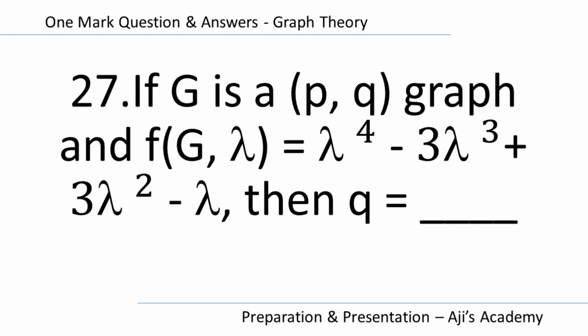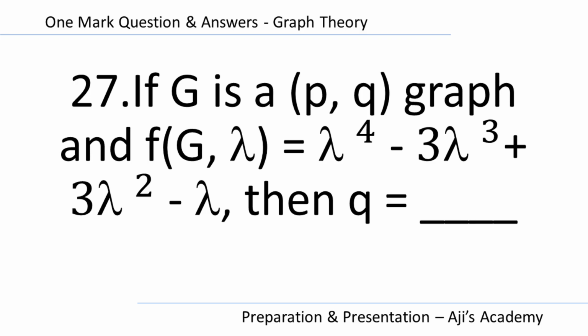Question number 27. If G is a (p, q) graph and f(G, lambda) equals lambda power 4 minus 3 lambda cube plus 3 lambda square minus lambda, then q equals dash. In this question, they are given one chromatic polynomial. So, the degree of a chromatic polynomial is the number of vertices of the given graph, and